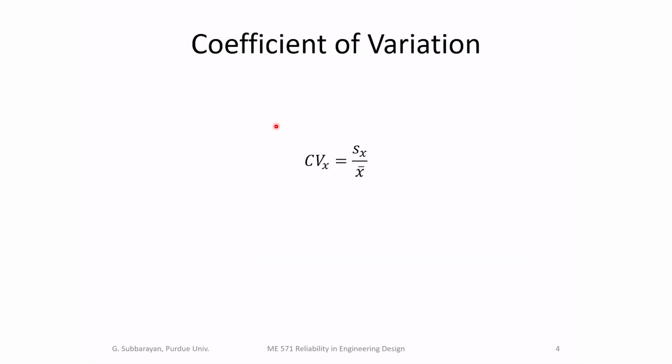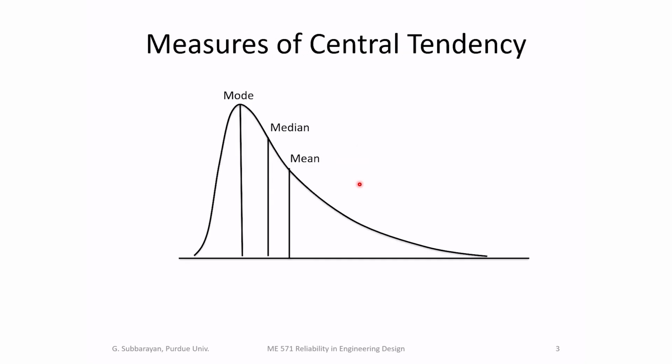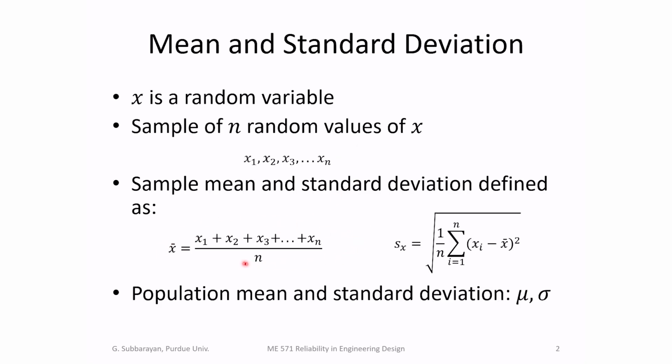There's another variable we need to define, that's coefficient of variation. Coefficient of variation, denoted as CV with a subscript x to say that this is the coefficient of variation of variable x, is the standard deviation divided by the mean value. And the reason for this is we know that the mean has units. This x bar has the same units as x1 through xn. So if x1 through xn were part dimensions measured in millimeters, x bar will also be a mean value measured in millimeters. And the standard deviation of the sample